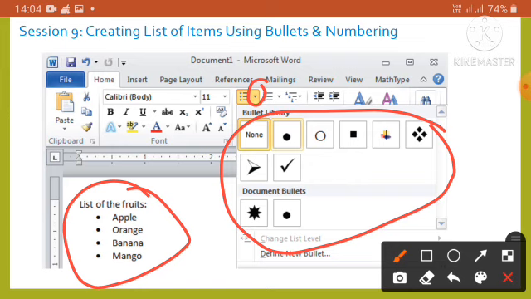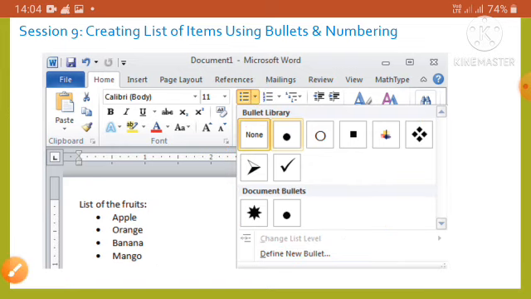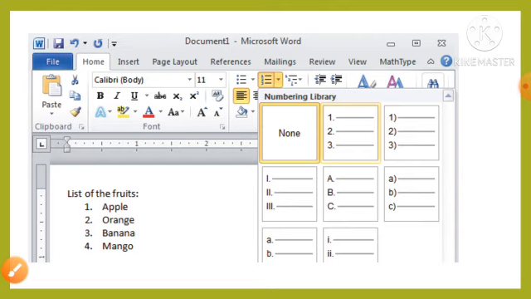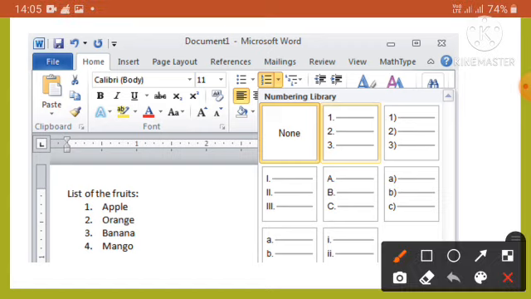Okay, and to create the numbered list in a document, we need to select the text first that we want to make as numbered list, and then click the down arrow of the numbering button here in the paragraph group of the home tab. Now select the desired number format that we want for the numbered list from the drop down list as shown here. Okay, so now after applying this numbering, the document appears with the numbered list here.